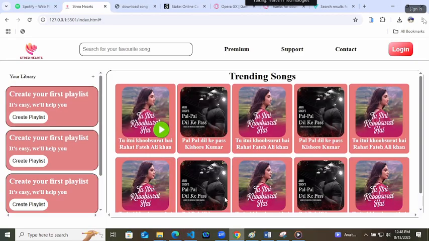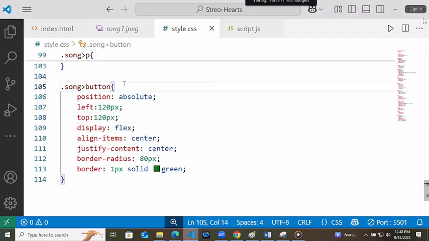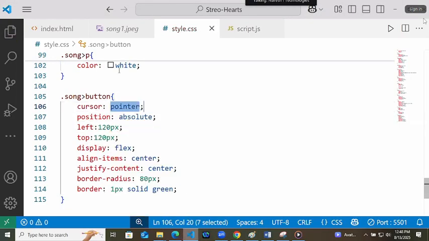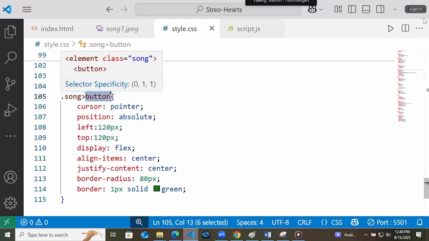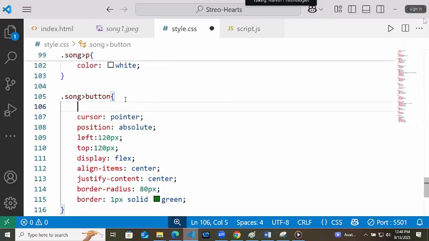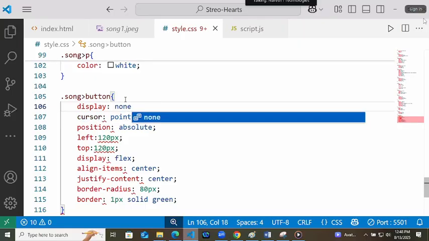Okay, right? But this button we want to show only whenever we are hovering over the div, right? So whatever the button part is there, by default display none.